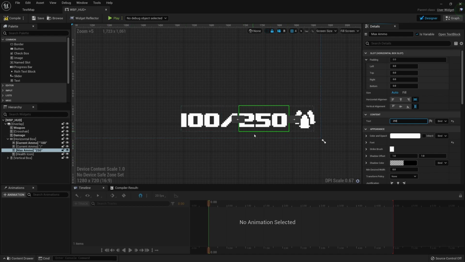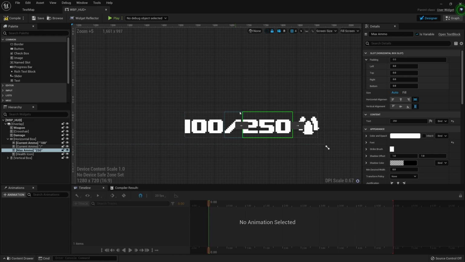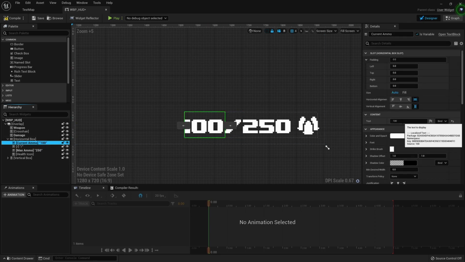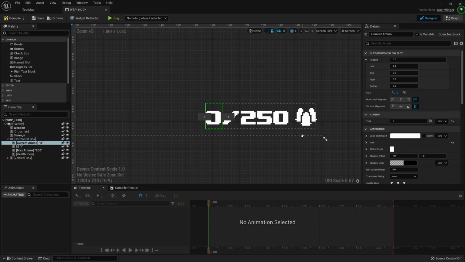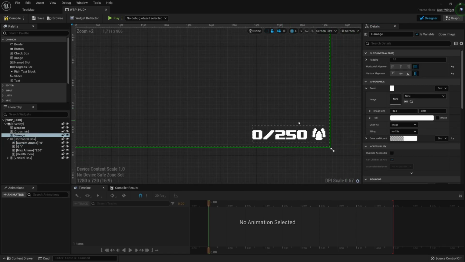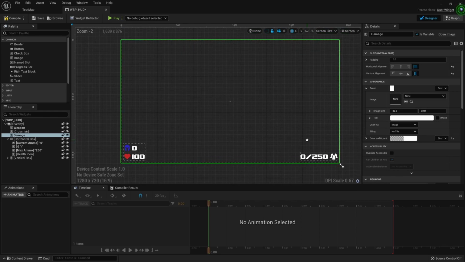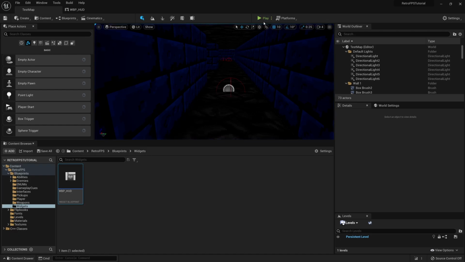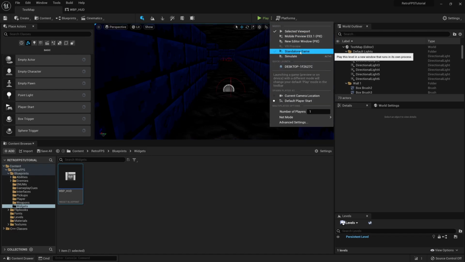It doesn't really need to be any number. This will change depending on what weapon we have equipped. So for the current ammo, not this, this is the /, or maybe it won't rename it. Oh, it's fine. Okay, for the current ammo, switch that to 0. And then you can kind of see what this will end up looking like once it is being used. So we can also kind of just see if this is working by playing the game. You can see it on the right side there, and it appears to be functioning properly.